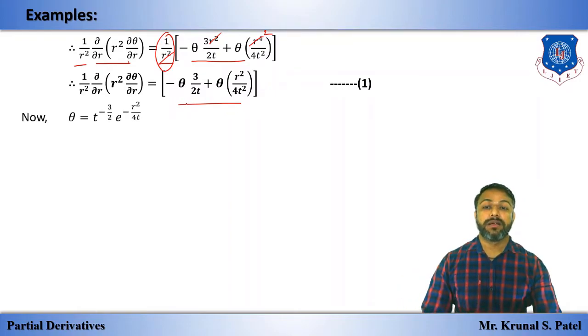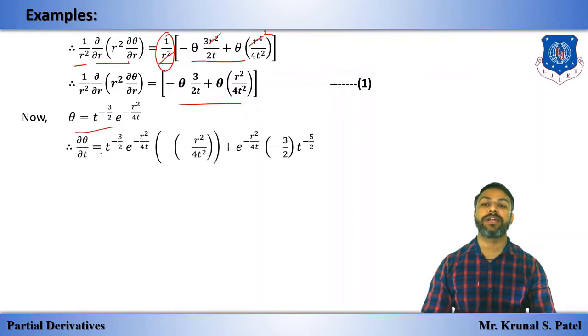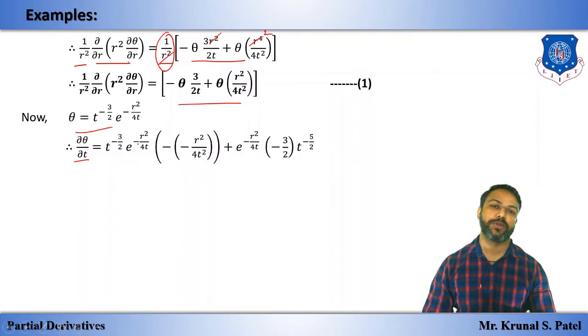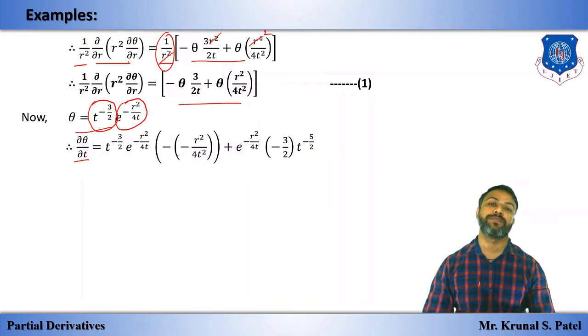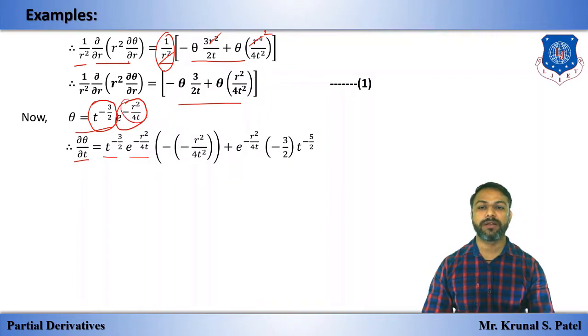In the same way, theta is given, and on the right side we want to differentiate only with respect to t partially. At that time r is constant. t appears in both terms, so we apply the product rule, which we know. First, t raised to minus 3 by 2 as it is, and the differentiation of e raised to something is e raised to the same thing, with the differentiation of the power by chain rule. The minus stays as it is, r square is constant, the 4 stays as it is, and